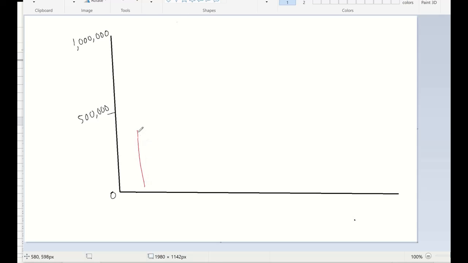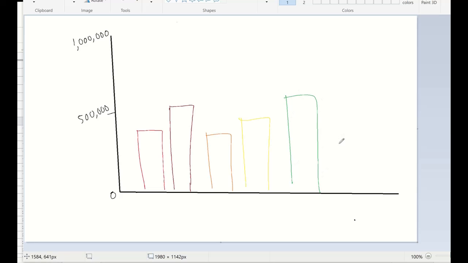6 rectangles, right? Again, the heights are going to be different. So one red, one dark red, one, let's say, orange, one yellow, one green, and one blue, right? And again, like I said, the heights are going to be different. It has to do with actual numbers, right? But the idea is this: you should see 6 rectangles,